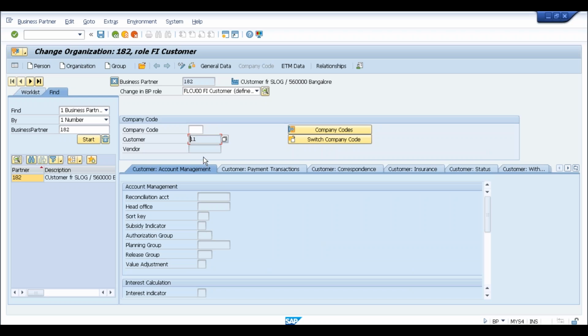Can you go to 182? Can you show me the tax details under 182? Tax details under 182. What 182? 182 is a business partner number. So what tax details do you want? There are some tax configuration for BP also. That's what I was trying to correlate. If you look at the 182, if you go one by one to the tax information,